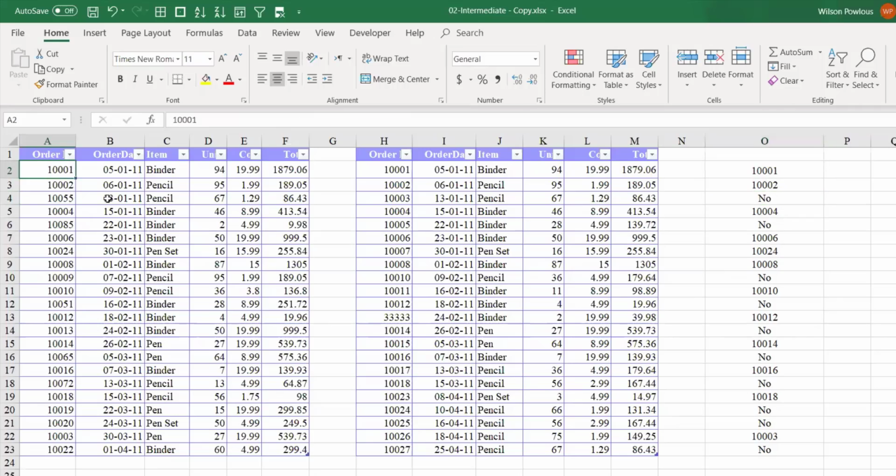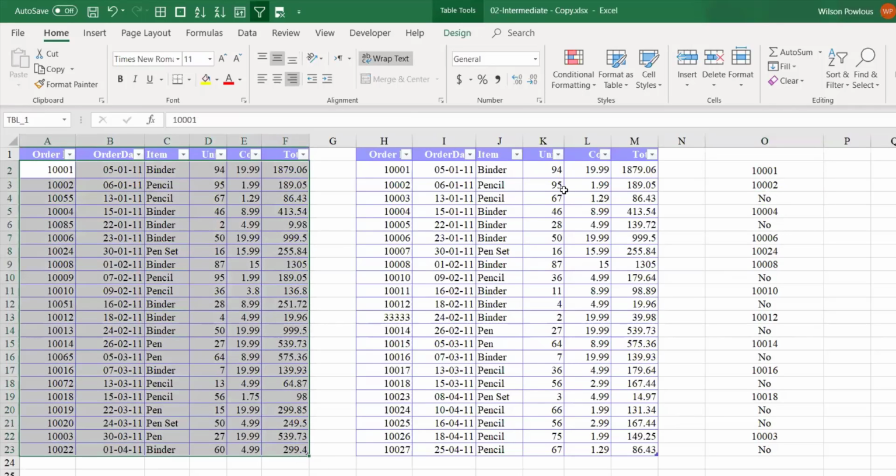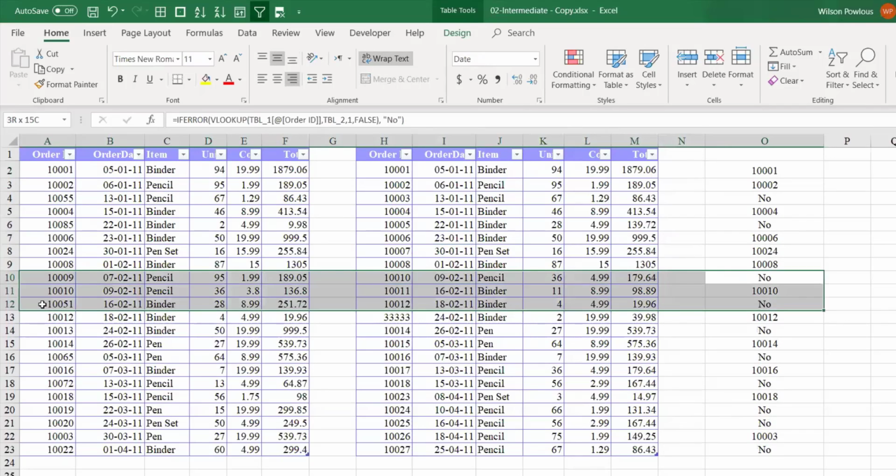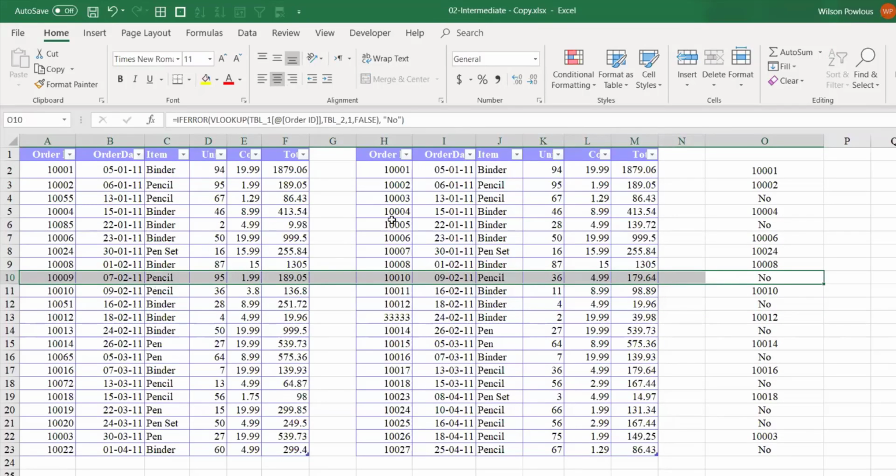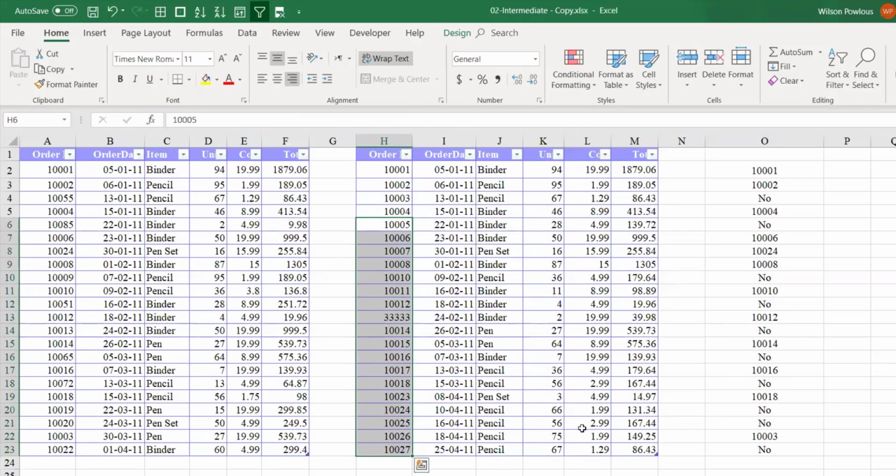That means we are looking for this order ID in this list, and we did not find 55 in this list. Similarly, this one, 1009, we did not find in this list. That's what it says. Here we have only 20-30 lines, so it is easy for you to check manually. But if you have hundreds of lines or thousands of line items, which normally happens in real business,